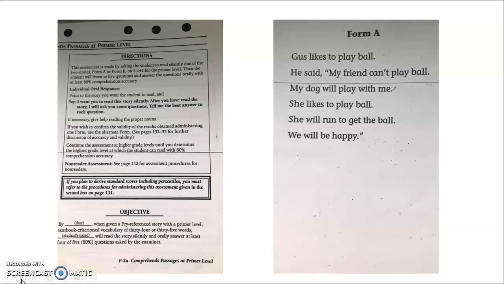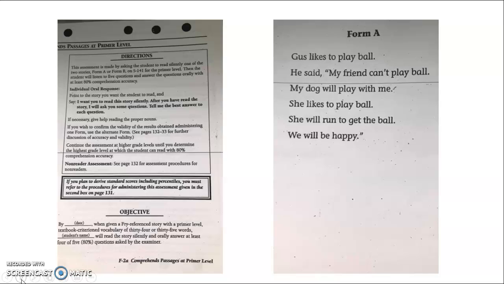So basically you point to the story that you want the student to read and you tell them, I want you to read this story silently. After you have read the story, I will ask you some questions. Tell me the best answers to each question. Then basically you ask them the questions, they give you their answers, and you record how many they got right